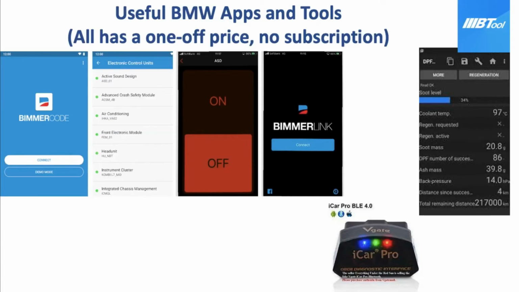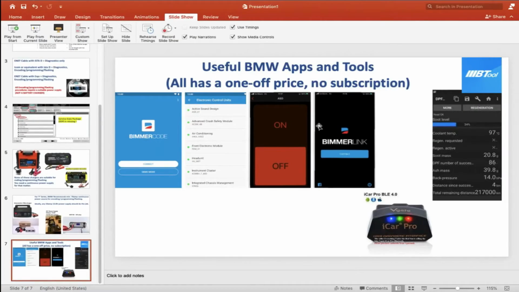Again, some useful BMW apps and tools. I'm going to show you, and then I'm going to move on to ISTA itself. Some Beamer Code, Beamer Link, and Beamer Tool applications that I'm using at the moment, 3 of them. One good thing about them is that they all have a one-off price. You don't need subscriptions. If you're like me, a person who has an allergy to subscriptions, these are the options that you can use. Going back to ISTA,